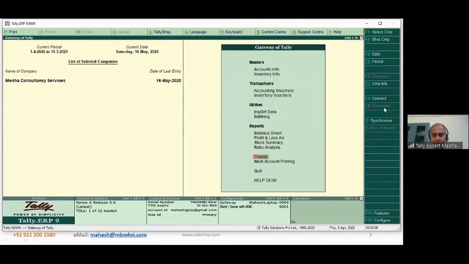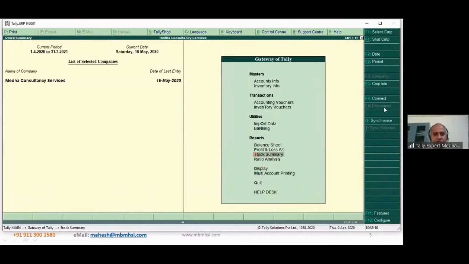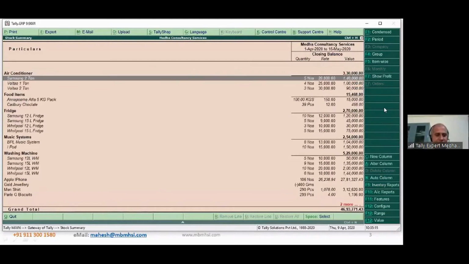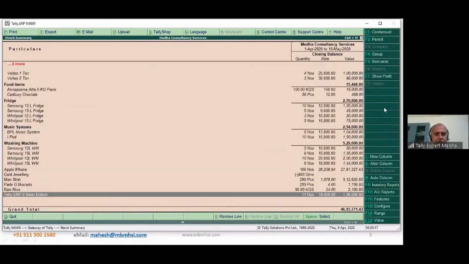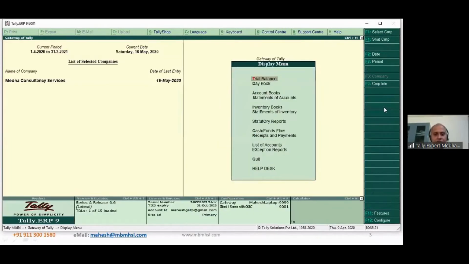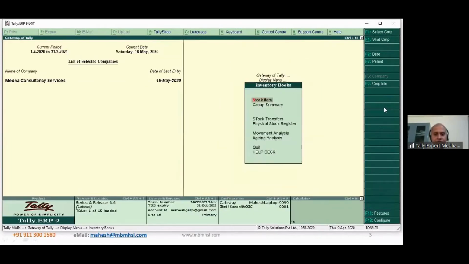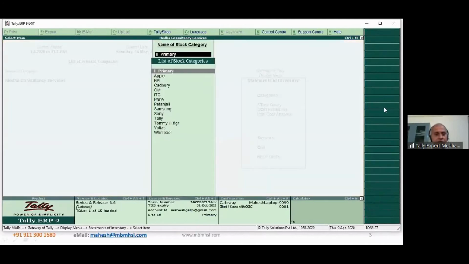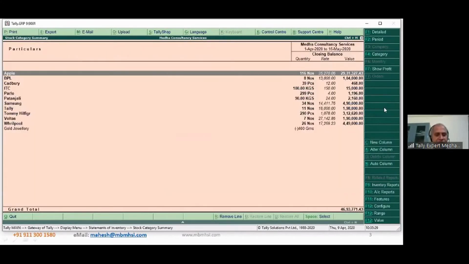Similarly, you could also look at the report. Currently, if you are looking at the stock summary, it is just showing at your group level, group wise, what items you are holding and what quantity. You could also go to inventory books, go to statement of inventory, and look at the category level of classification.